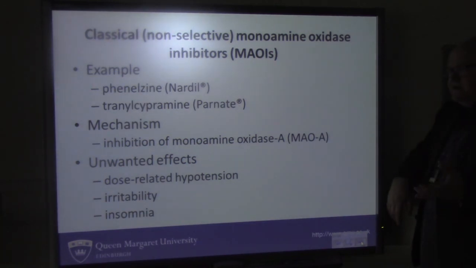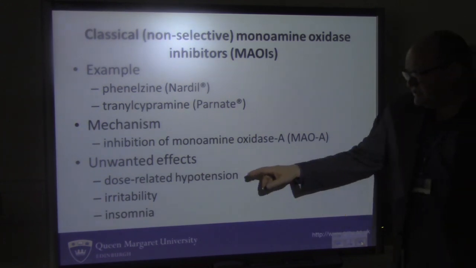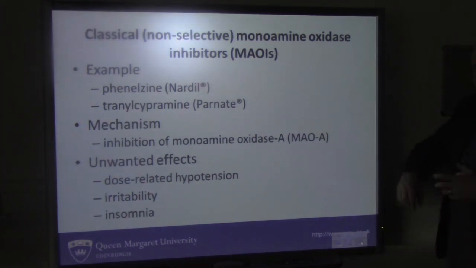Examples of that are Nardil and Parnate. You might see them as phenelzine and tranylcypromine. And basically they inhibit monoamine oxidase A, therefore noradrenaline and serotonin are not broken down, and therefore you get elevation of those neurotransmitter levels. You can get a dose-related hypotension because of the vascular action of the extra noradrenaline causing a vasodilation effect, and that can give you